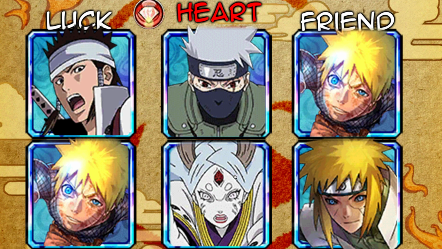Overall, that's really the point of the Heart team, is just to boost your best nukers with Final Valley Naruto. Final Valley Naruto himself is also a great nuker, so boosting each other is also really good. And of course, the healing is really good for this team because you have Kaguya, Final Valley Naruto, of course